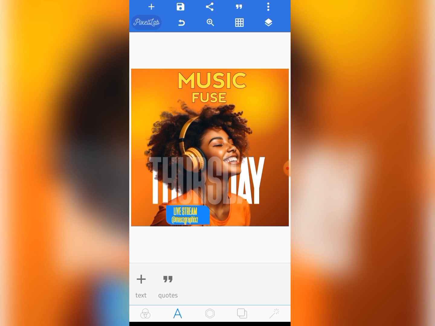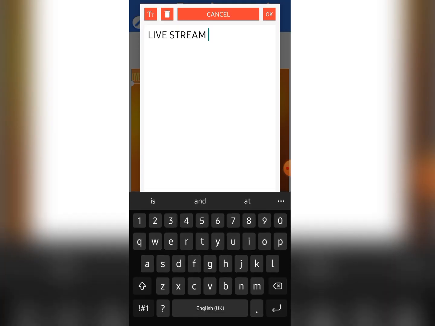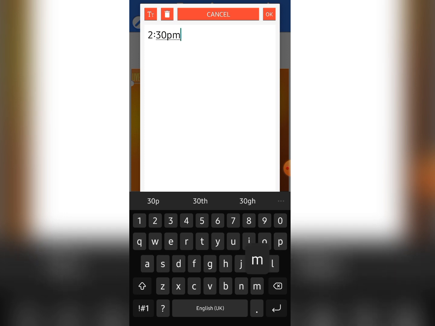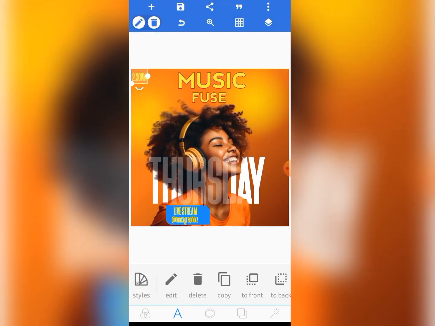So the next thing to do is to actually copy it again, because it's the same text we're going to use for the time. So just type the time, pick up this, and you type 2:30. That's the time the streaming will be going on. So 2:30 p.m. You click on this one to make the PM caps. So you just bring it down